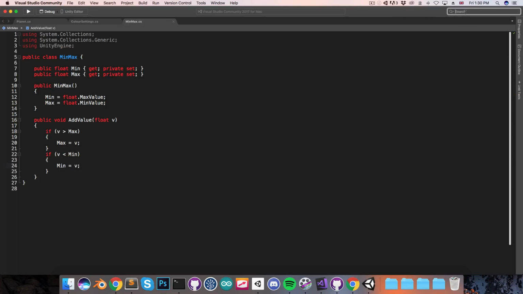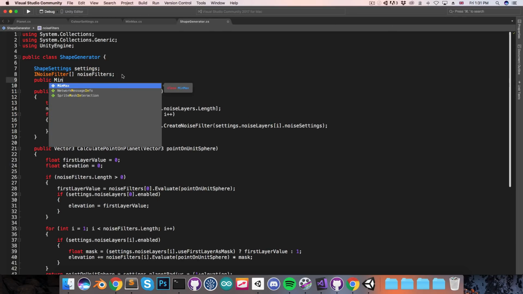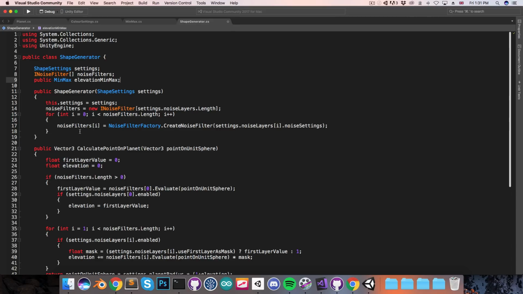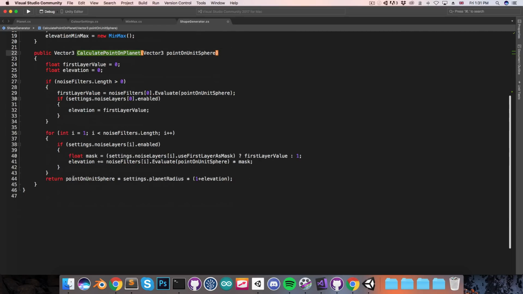Alright, then I'll save that and head into the shape generator, and here we can have a public MinMax called elevationMinMax, and I'll assign that in the constructor. So elevationMinMax is equal to a new MinMax, and then each time the point is calculated on a planet, I'll want to calculate the final elevation before we return here. So I'll say elevation is equal to